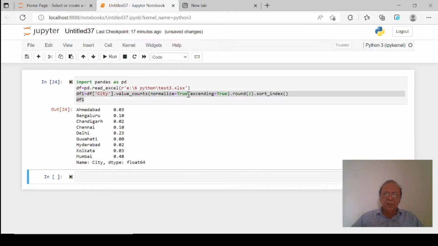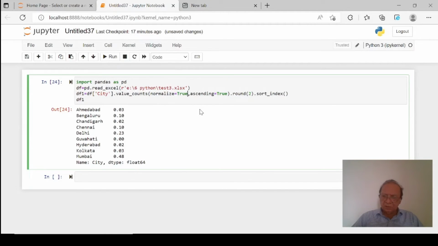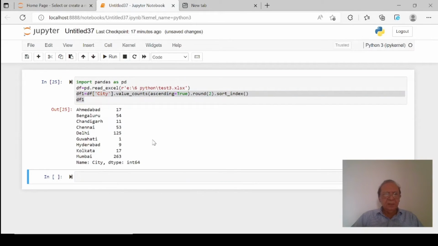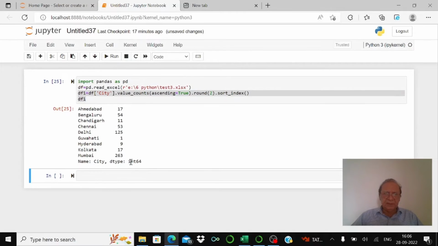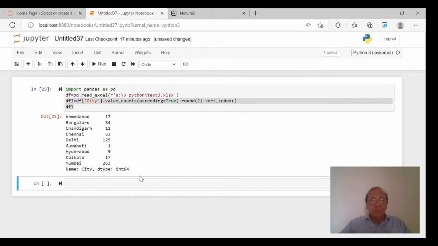Now I don't want this percentages normalization. I don't want it. So I'm just going to say it as ascending. So it will be done here, and it is coming as Ahmedabad. It is actual. Now I want